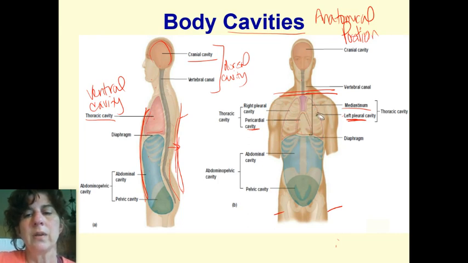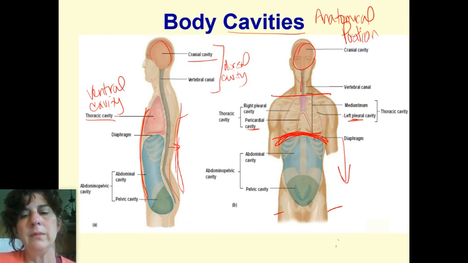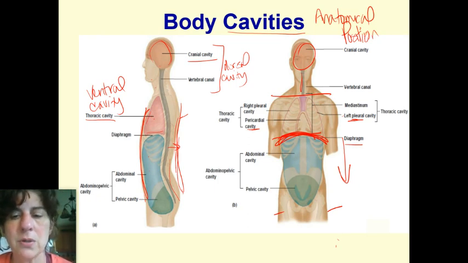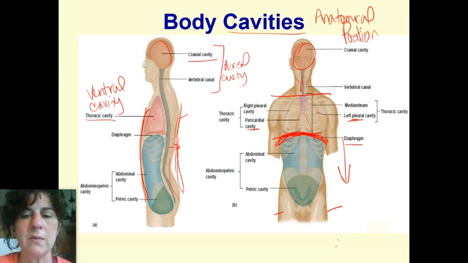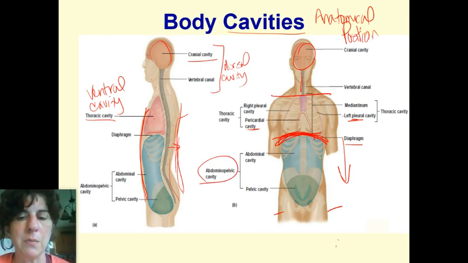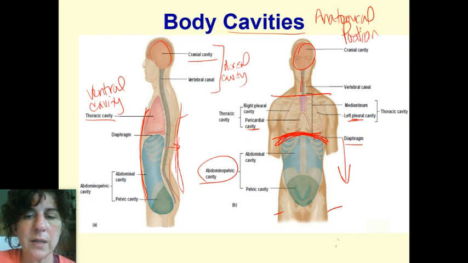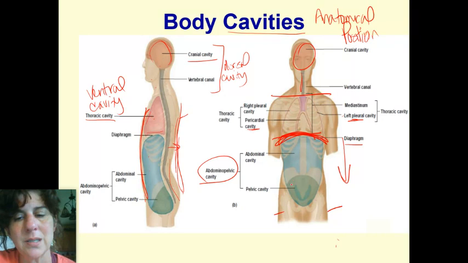Dividing the thoracic cavity. So here's cranial, right? There's the vertebral. Thoracic here. Dividing thoracic from everything below that is a muscular structure called the diaphragm. So there's a physical divide between thoracic and what we call an abdominal pelvic cavity. And the abdominal pelvic, like the thoracic, has minor sections. Abdominal pelvic can be divided into sections, but sadly, there's no membranes that really divide. It's kind of area more so.